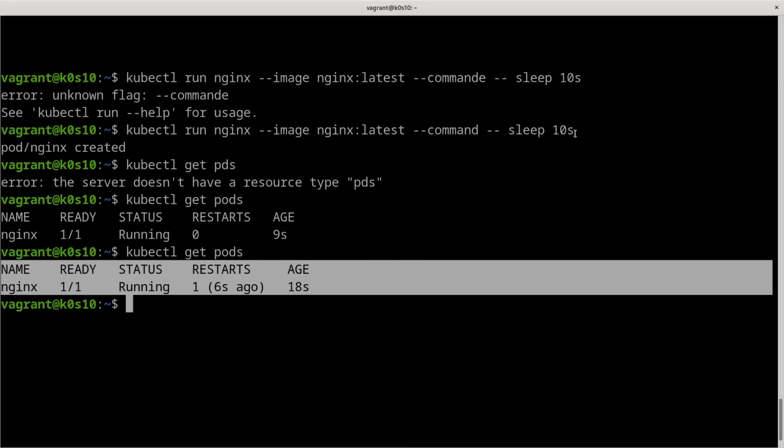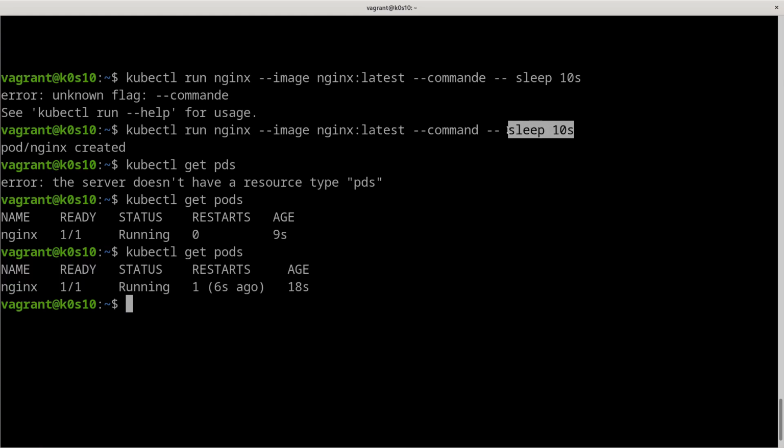What does it mean? It means that the main process of our container, for the nginx container, is different from the sleep for 10 seconds process. After the 10 seconds, we have a container with a status completed, and the pod has a specific policy to restart, and in some cases we can restart over and over to be sure to have a status of running.